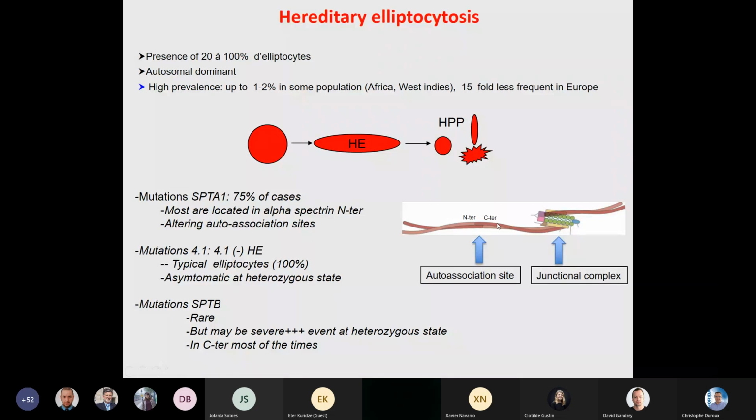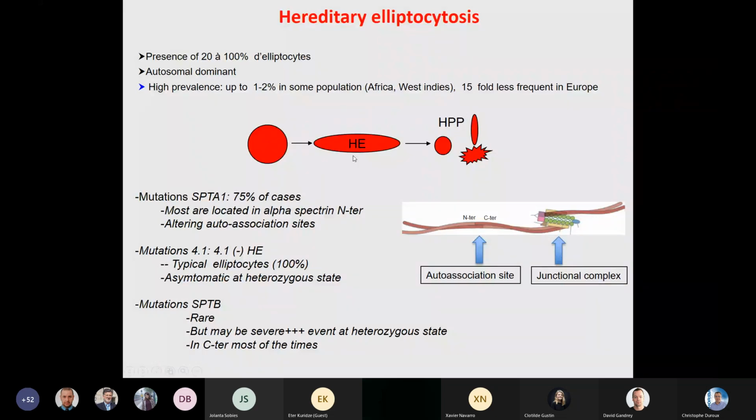And then after you have fewer, it's more rare, elliptocytosis that are related to SPTB mutations, SPTB encoding the spectrin beta. And then, because spectrin beta is a limiting factor at red cell membrane, it can cause more severe form of elliptocytosis. So when you have a weak horizontal interaction, then the red blood cells are going to elongate when they